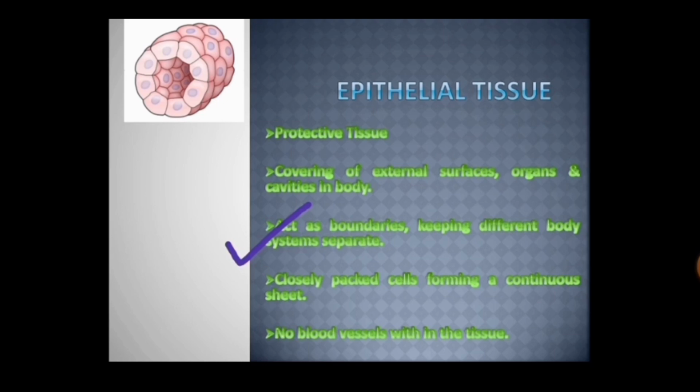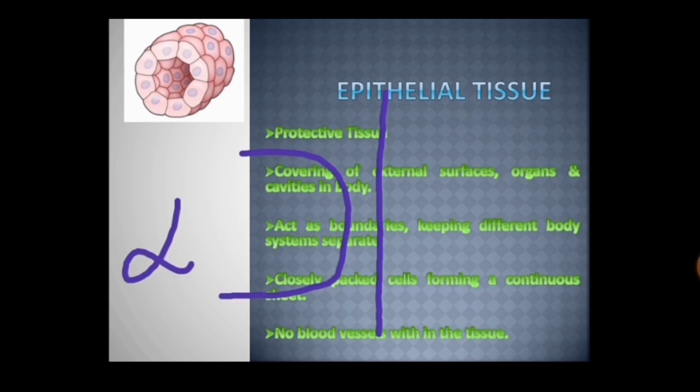So similarly, if we take the example of epithelial tissue which covers some of our internal organs, that acts as the boundary between that organ and the other organs. So it acts as a boundary and therefore keeps the different body systems separate. For example, children, if we have a boundary between the lungs and the heart, this is the boundary and this is the lung and this is the